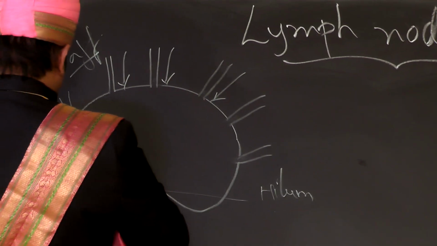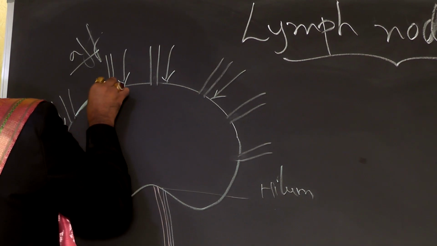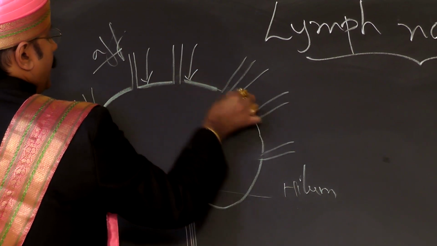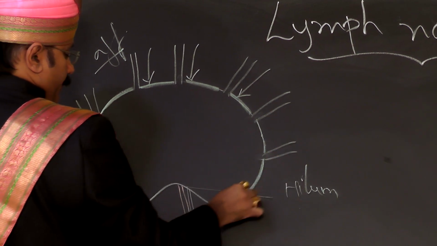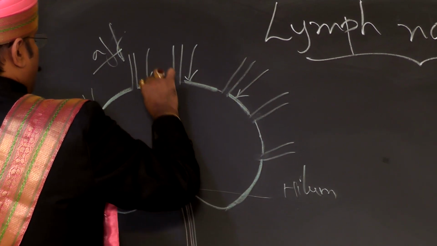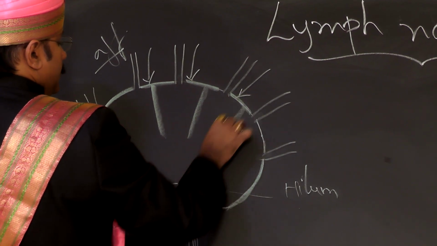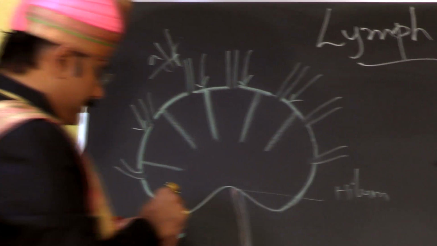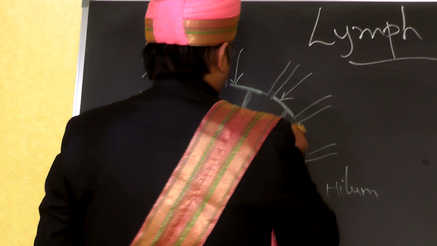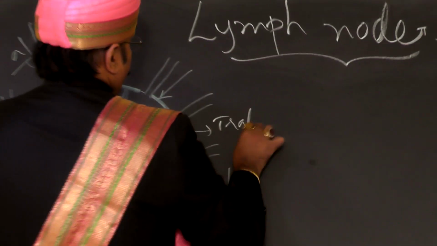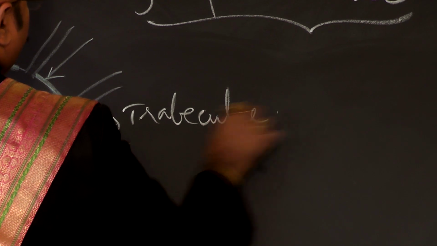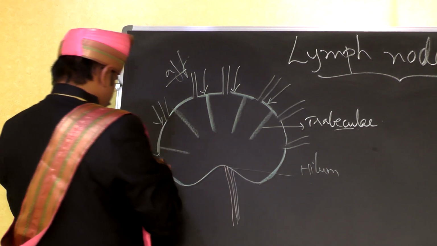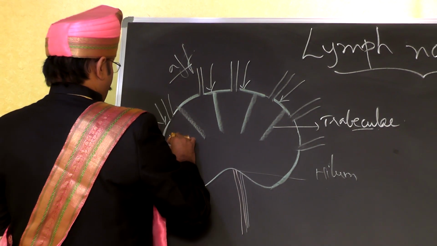And if you see, there is a capsule. This capsule is sending in trabeculae into the substance of the lymph node. In fact, it is the capsule which sends in the trabeculae. Underneath the capsule you have the